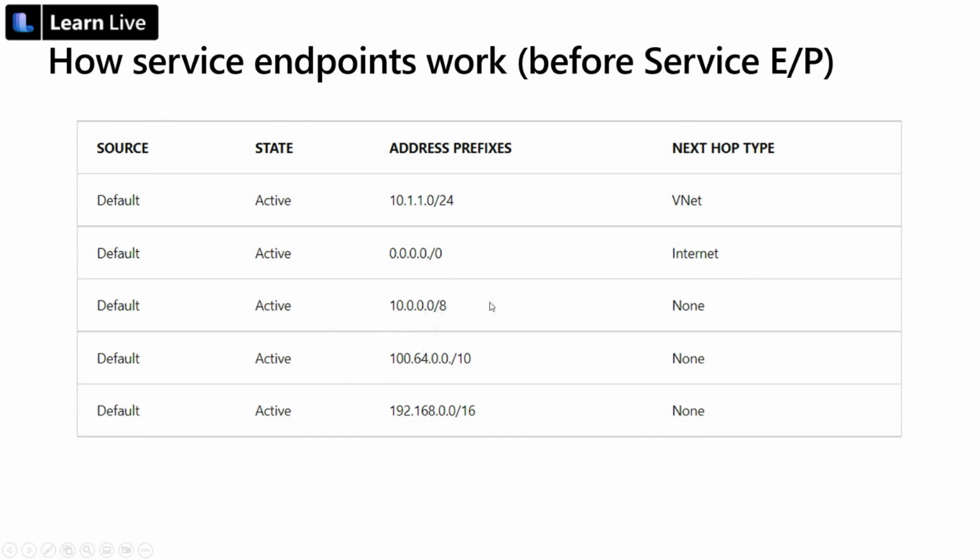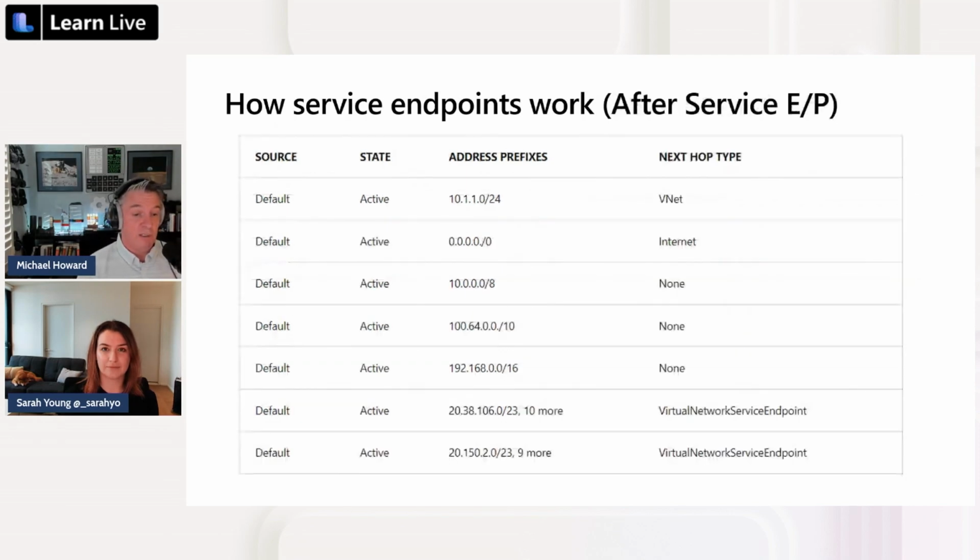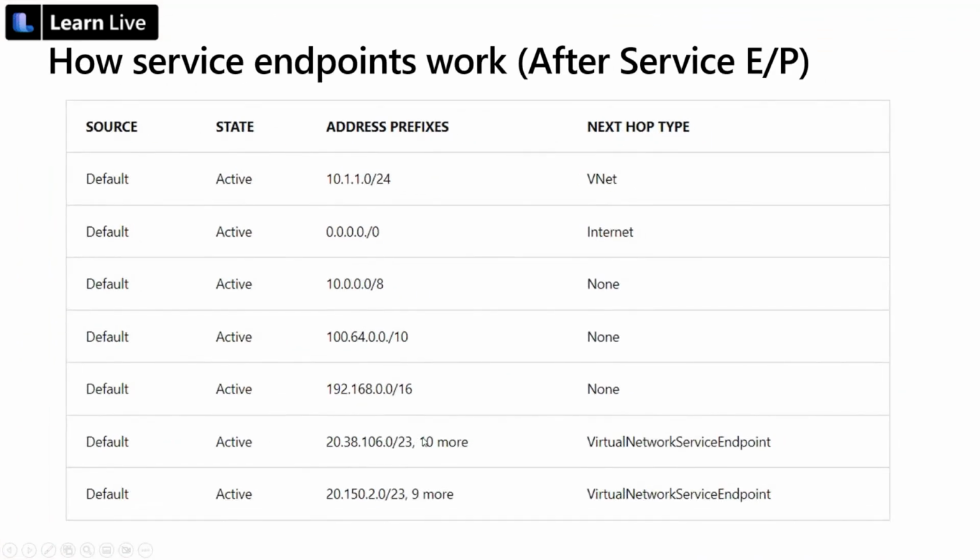Now, what's interesting is when you add a service endpoint to your VNet, saying I want to talk to storage accounts on the backplane, this is what it ends up looking like. So we saw those things that we saw before, but now see these other two down the bottom here. Well, that's kind of interesting. I wonder what they are. If you want to work out what actually happened here, it's pretty straightforward. You take this address range and you go to your list. They're in here somewhere. There we go. This list here. Search for that IP address.